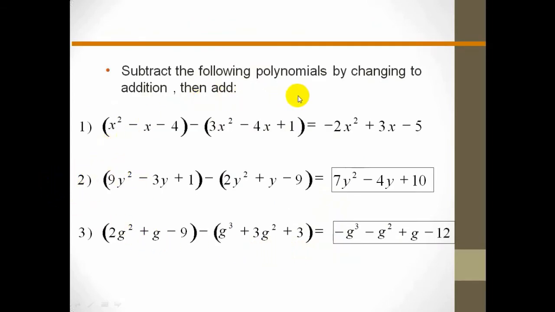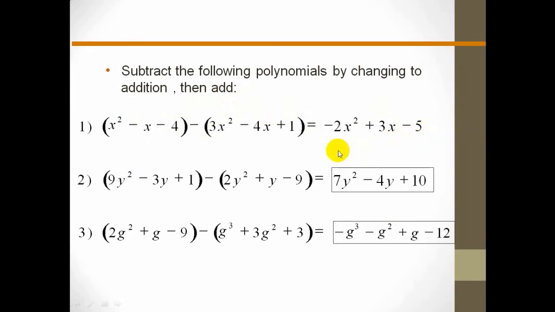Similarly, subtract this polynomial by changing subtraction to addition, then add. X cube minus 6 minus 4 minus into 3x square minus 4x plus 1. Subtract this polynomial from this polynomial. So x square minus 3x square means minus 2x square, and minus 6 minus and minus plus 4x means plus 3x, minus 4 minus plus minus 1, minus 4 plus minus 1 means minus 1